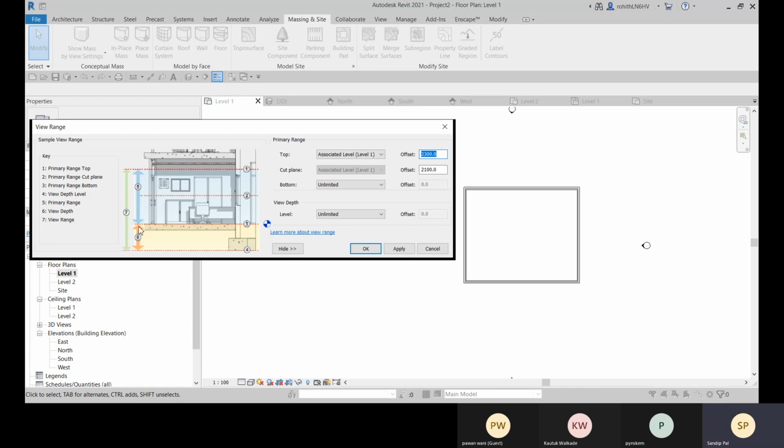Okay, and here we have this view depth. View depth covers the objects which are placed below your current level, which don't come under this particular level, and you want to show them and add them in this plan.